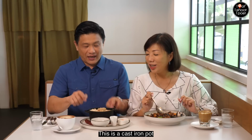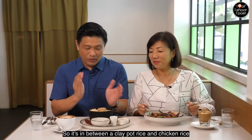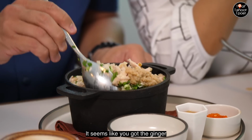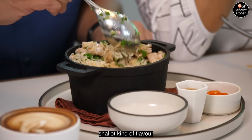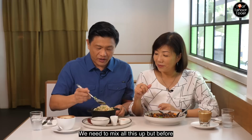This is a cast iron pot. Hot pot. So it's in between a clay pot rice and a chicken rice. It seems like you got the ginger shallot kind of flavor infused into the rice. We need to mix all this up, but before that,